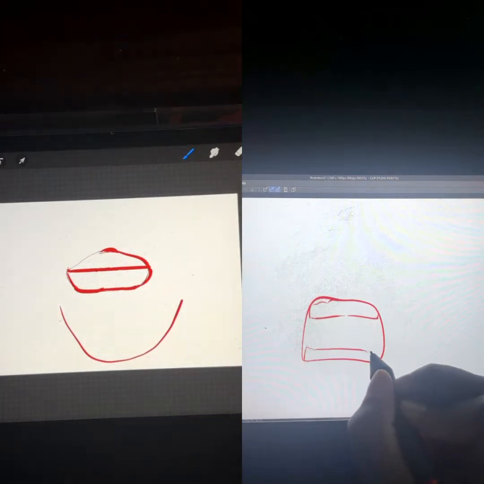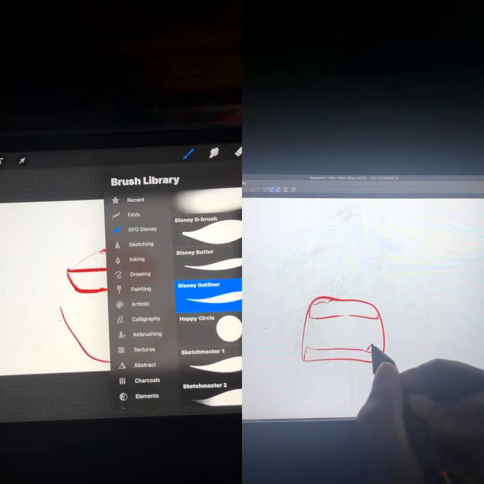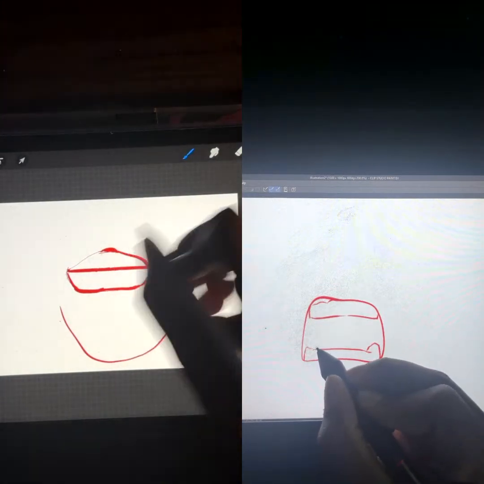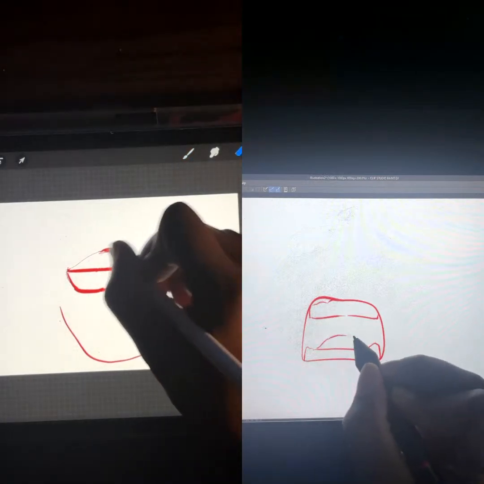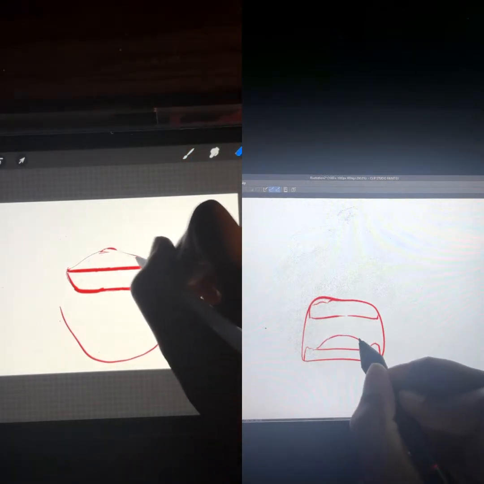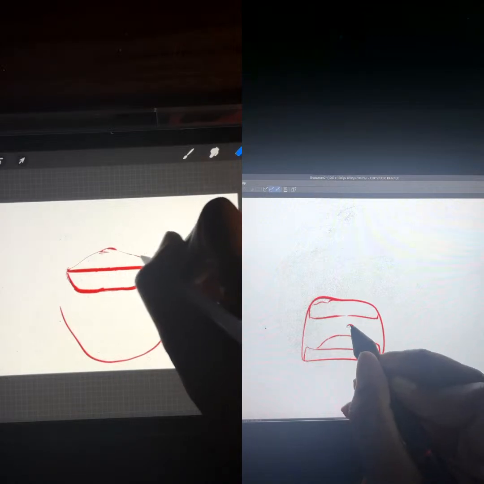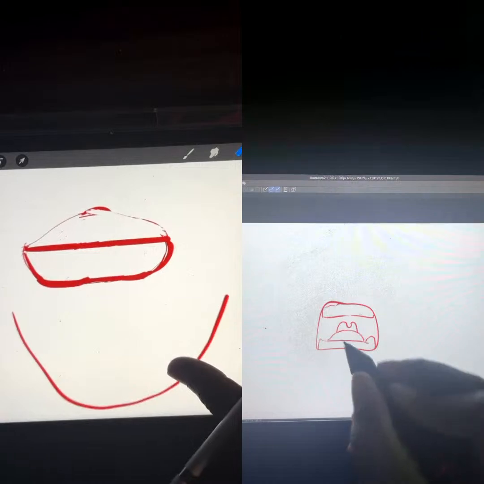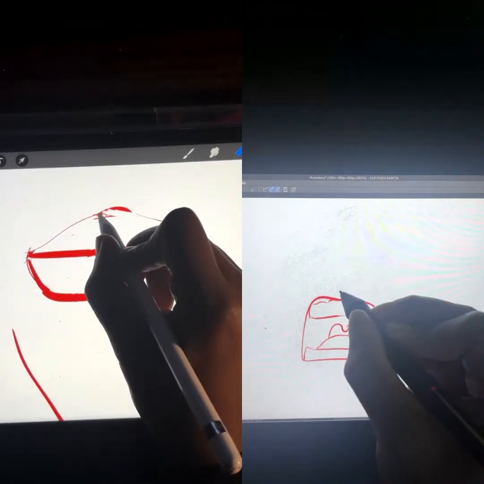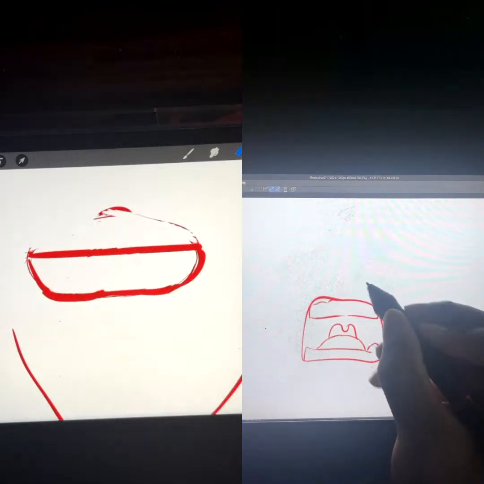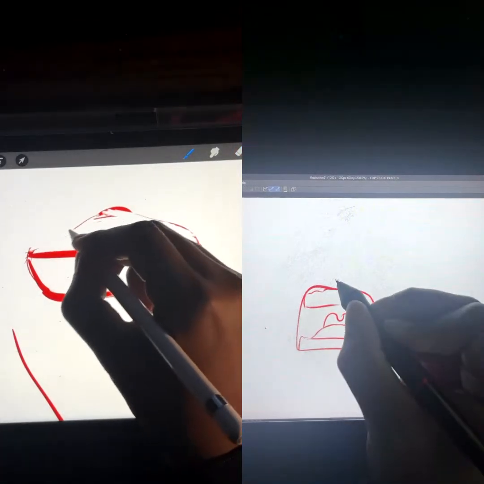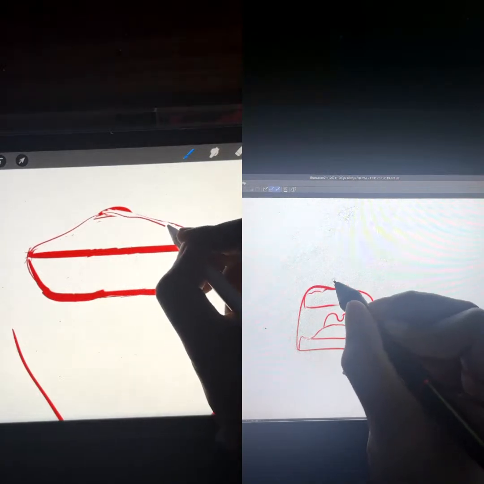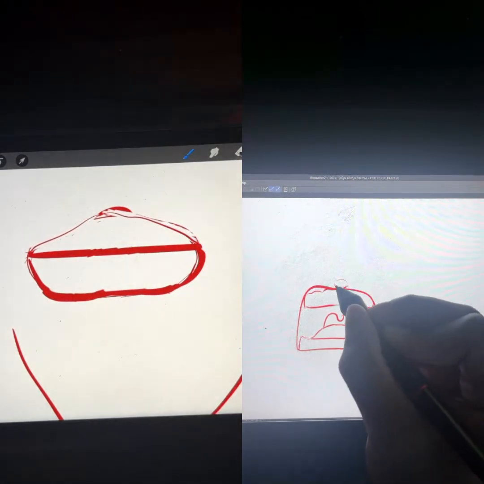I don't know what brush I'm using. What brush am I using? So let me try to fix some of this here. You said my lines were bold. I somehow figured out how to not make them so bold. Zoom in. The same technique works for this too. So if you want to create a circle above here,